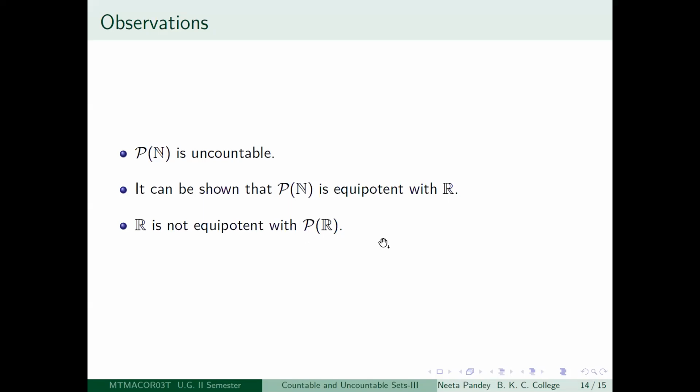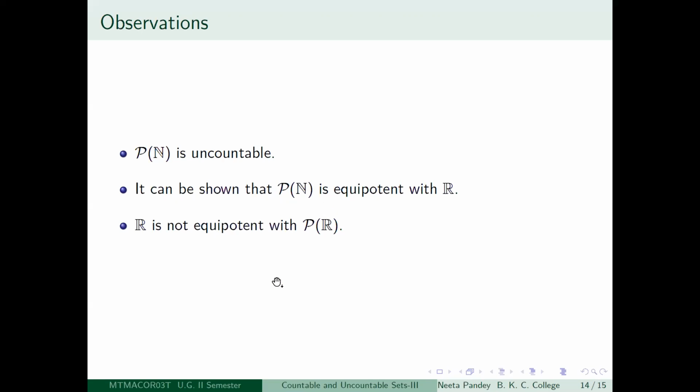So look at the collection of all singletons in the power set of R. That set, the set of all singletons, is going to be equipotent with R, because just take any real number x, send it to the singleton containing x. So that gives you a bijective mapping from R to the collection of all singleton subsets of R. So therefore, if you look at the singleton subsets of R, that forms a collection which is uncountable because it is equipotent with R. So therefore, PR is also uncountable.